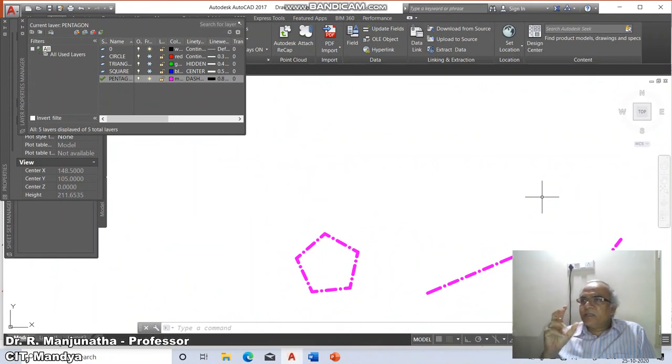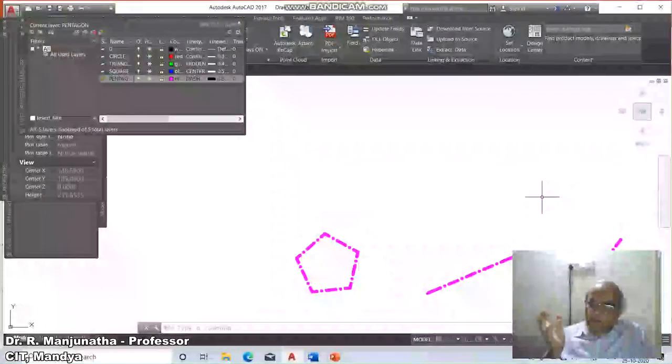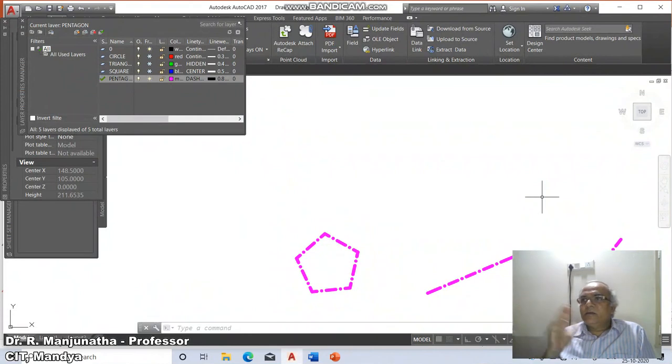The advantage is, if you don't want any connections, you switch off or freeze all the connections created in the different layers, and then you take the printout. You only get the plan, which you can print directly, and whichever one you want, you thaw and then take the printout. So that is the advantage: by using a single file, you can take multiple different circuits in the printout.